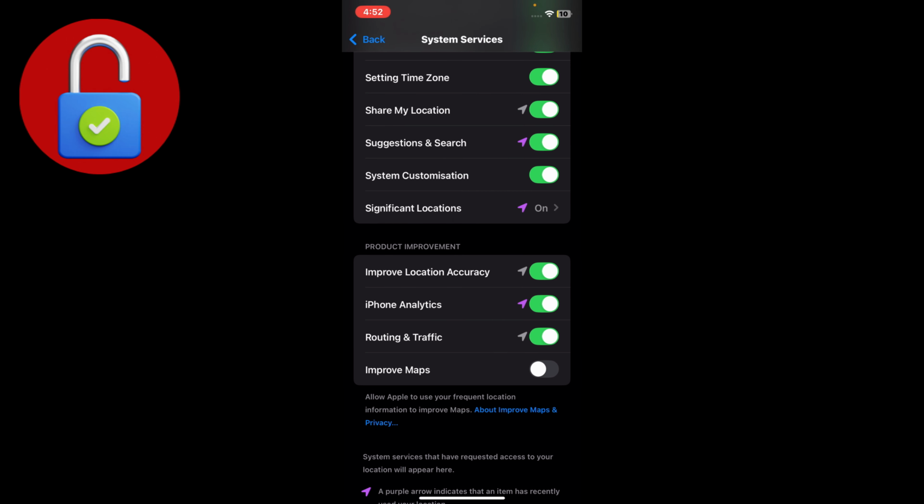Make sure that it's turned on and not always off. You make sure that it's turned on. So many users face this issue because their Significant